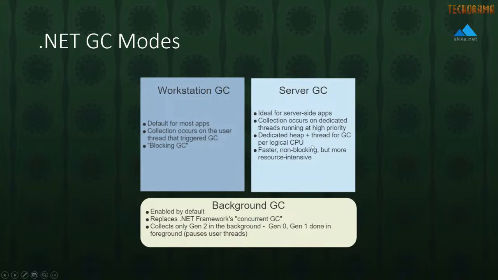Now, the interesting part is server-side garbage collection. This is ideal for server-side apps like ASP.NET and also really good for Akka.NET as well, I might mention. The idea behind this is that garbage collection, generally speaking, is going to occur on dedicated threads running at a high priority on the system. So GC is going to have a chance to run before your user code does. You can still reduce the frequency with which GC runs by following some of these practices we're going to cover in this presentation. But GC basically now runs totally asynchronously to your code.